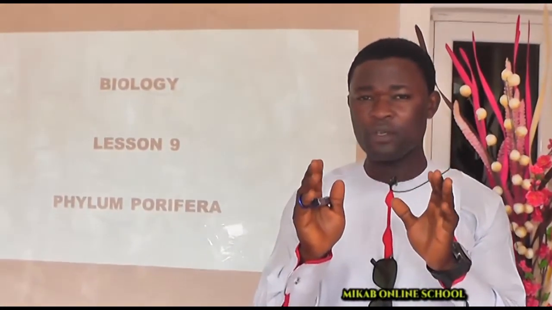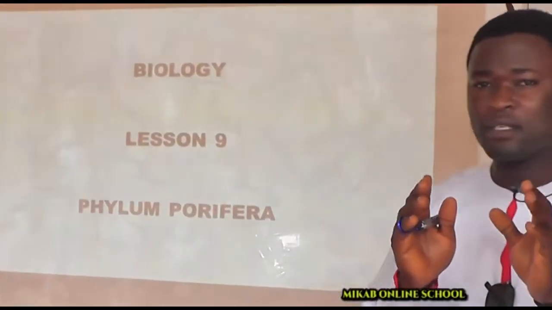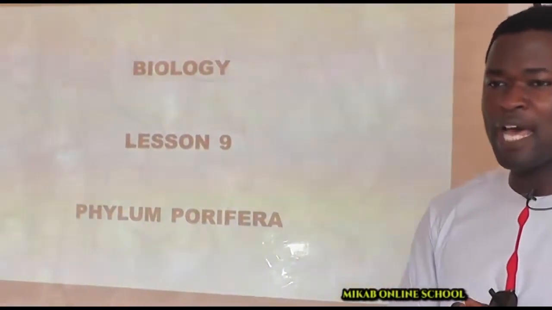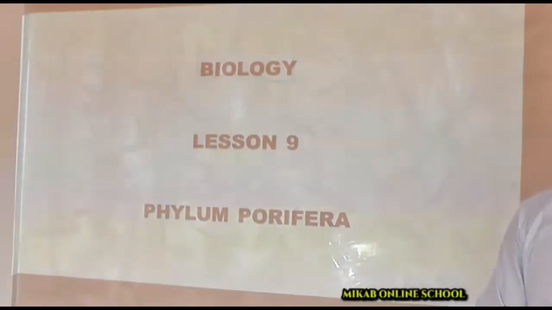Welcome again to our new lesson topic for today. Remember, I still remain your biology teacher, Ibrahim Samson. In our previous lesson, we introduced ourselves to the kingdom Animalia, and we said that we have 9 phyla in this kingdom, starting with the phylum Porifera. So, in today's lesson, we are going to take a look at the brief characteristics of this animal group that is known as phylum Porifera.